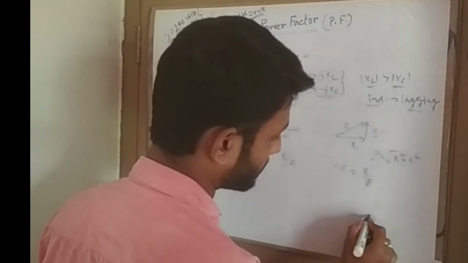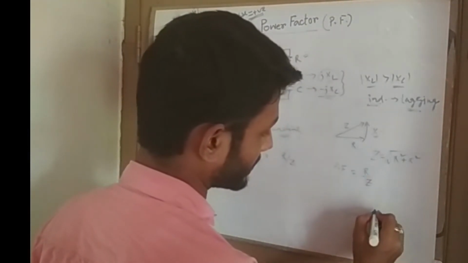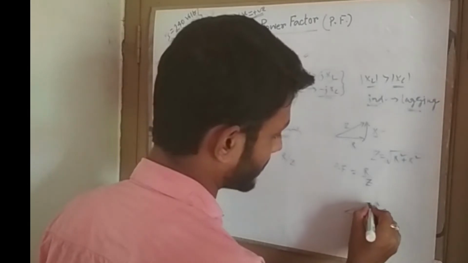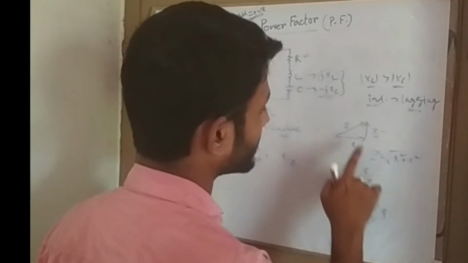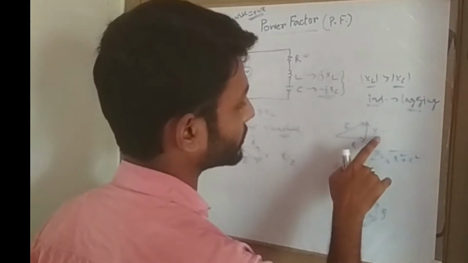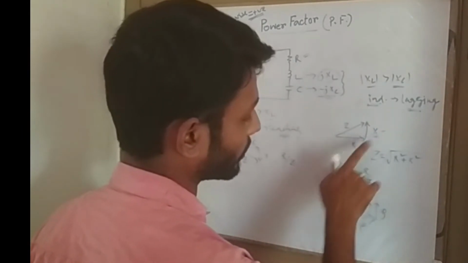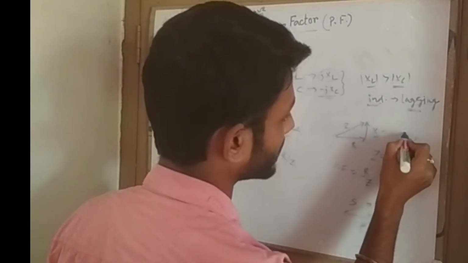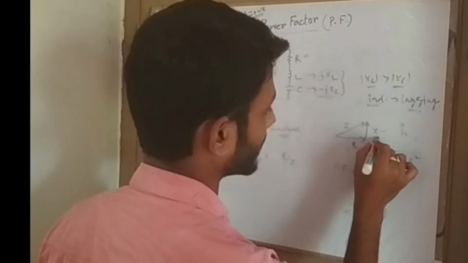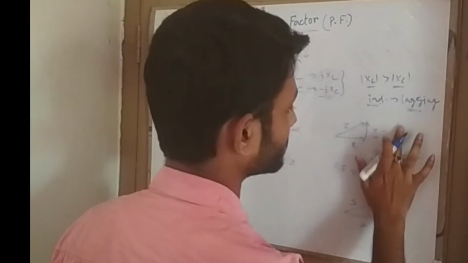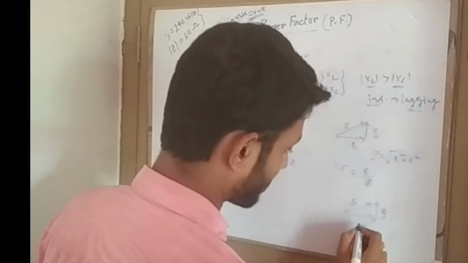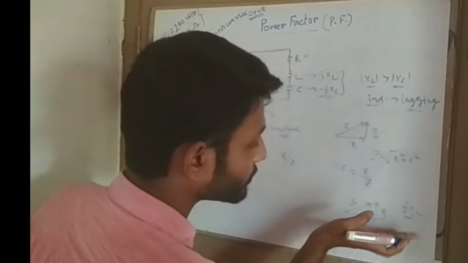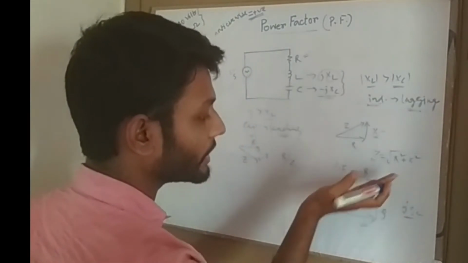we will draw this P, that is working power, as the reference, and Q, and the vector sum will be S. As this is inductive in nature, JXL will be more. That's why J part, J means plus 90 degree. This one is R and plus 90 degree. So that's why X is upside. Here also, for an inductive circuit, JQ will be more. That's why here also the Q is upside.